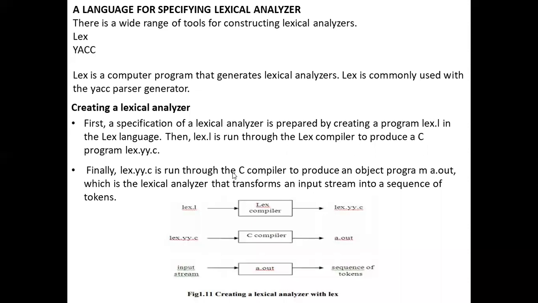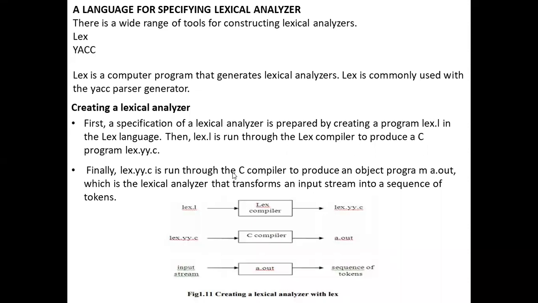Creating a Lex analyzer: first, a specification of the lexical analyzer is prepared by creating a program lex.l in the Lex language. Simple. If we design a program in C, what is the extension of the file, .c or .cpp? Same as that, in Lex the extension of the program is .l. That is the Lex language.